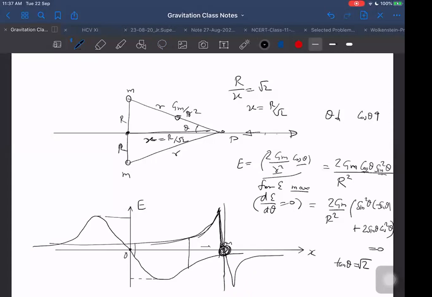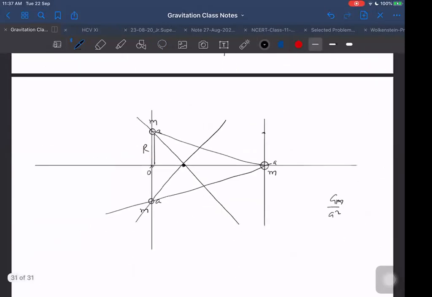So there is possibility of obtaining one null point here, one here, and one here. 3 null points are obtainable along which line? Along the line joining one mass and passing through the center of the other two masses. There is possibility of obtaining 3 null points. Same way I can do with other masses also. If I take a mass and take this null point here, then how many points? One is common, but 3 for each separate individual line.